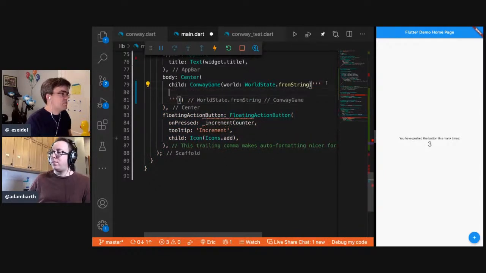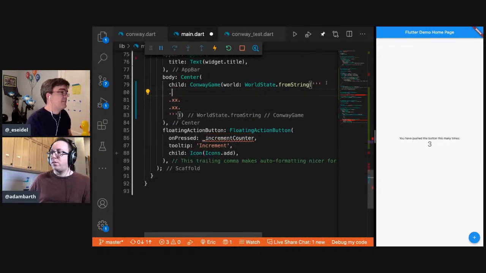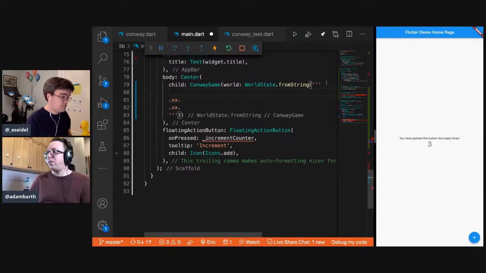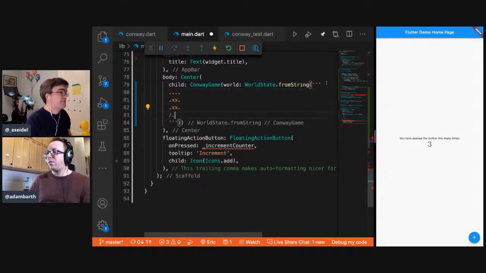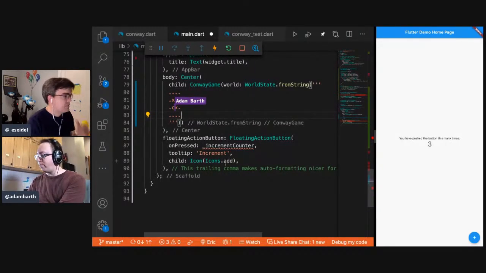Okay, and now we want to be, let's say there are dot x. Is x alive or dead? X is alive. So there's a box. There's a 2x4 box. So we can give it a little more. Yep. I'm gonna make it asymmetrical just to see that we didn't flip everything around. Go for it.